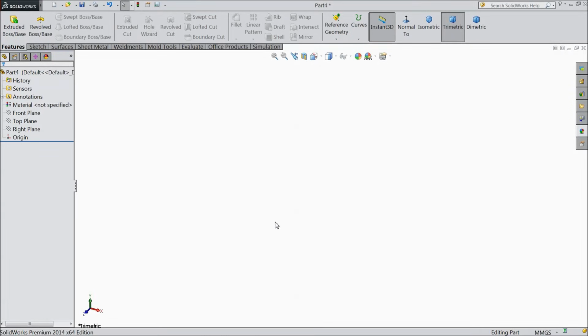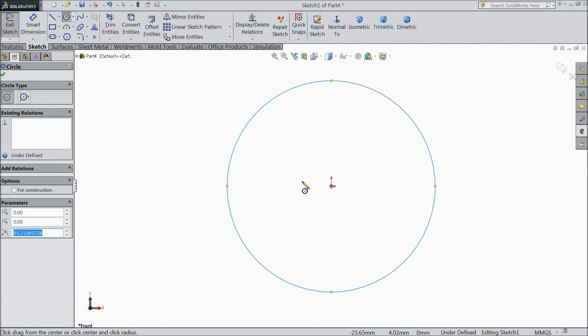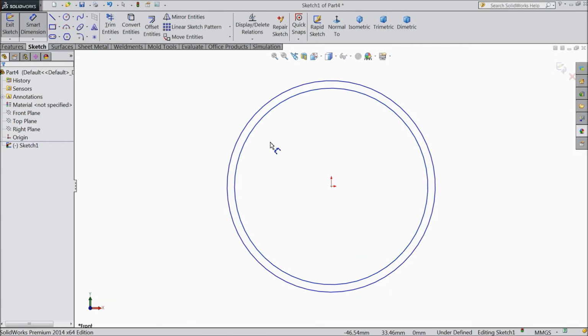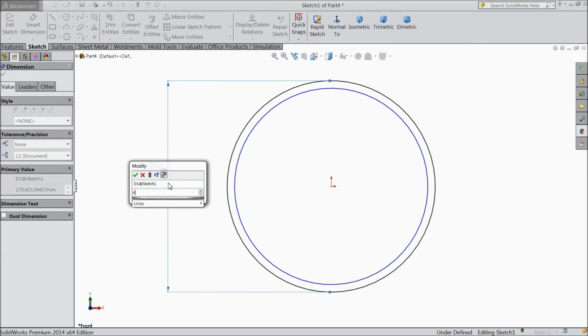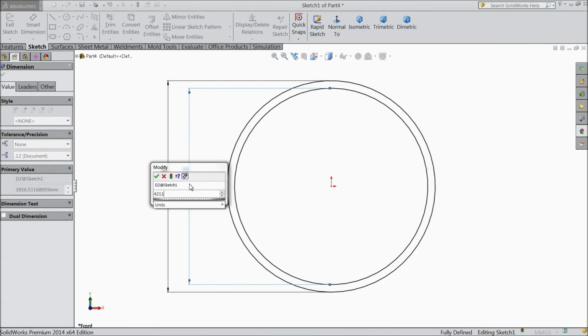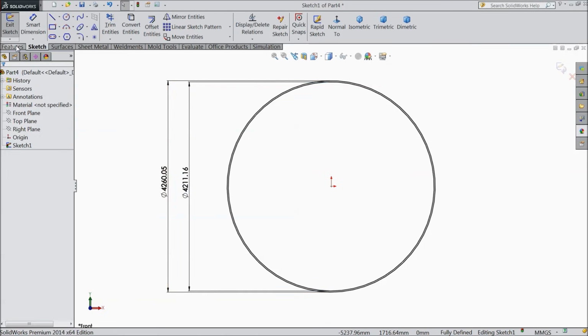Let's make the first part of the heat exchanger: the shell tube. Select front plane, sketch, and here we will draw two circles with the origin point as the center point. Okay, and let's make the dimension. Keep outer diameter 4260.07 mm and inside 4211.157 mm. That's it. Okay, and let's extrude it